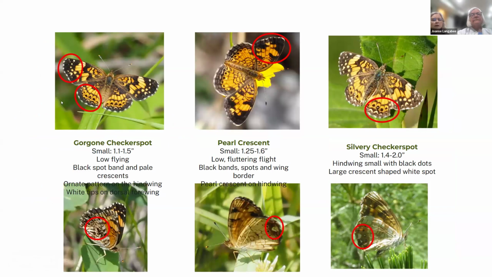The gorgon checker spot, I look at the pearl and then I look at the gorgon. I see a lot more white dots on the gorgon, and that's usually my first telltale sign. And even though the pearl has some white edging, it's much more prominent on the gorgon. If you happen to see the underside of the gorgon, it's actually